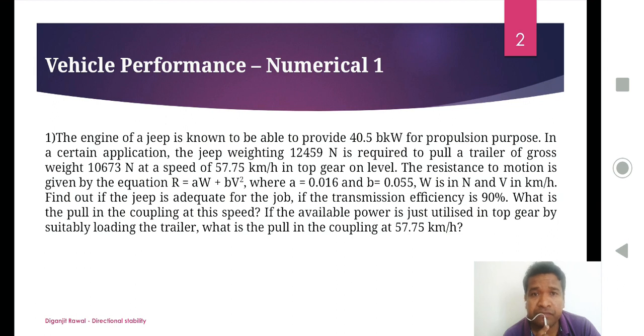So speed is 57.75, and again we have to calculate the power in top gear for pull in the coupling at 57.75 kilometer per hour. So these are the givens in this numerical. So next one,